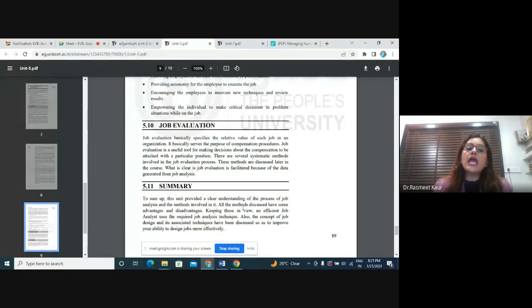benefits in the organization. And if he or she is not able to perform that particular job according to the standard which is set, you even give him punishment, or you demote him in that organization. So rewards and punishment is something which is associated with performance appraisal. Job evaluation has nothing to do with performance appraisal. It is only fixing a relative value to each job in the organization, and basically it is used for the purpose of compensation procedures. Is it clear?